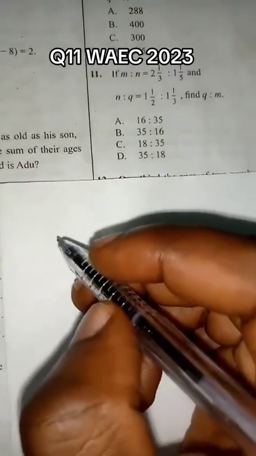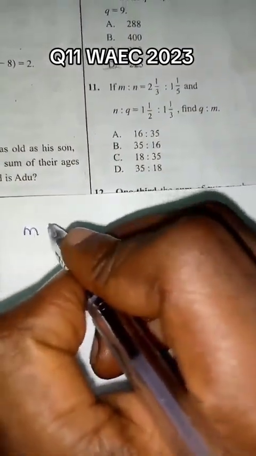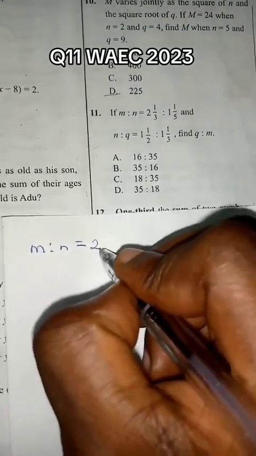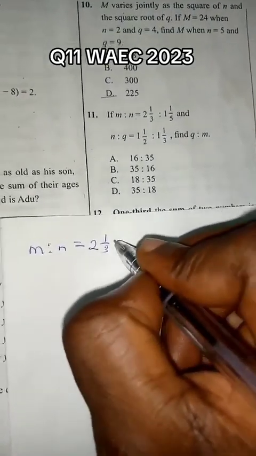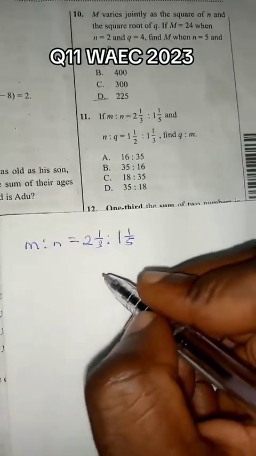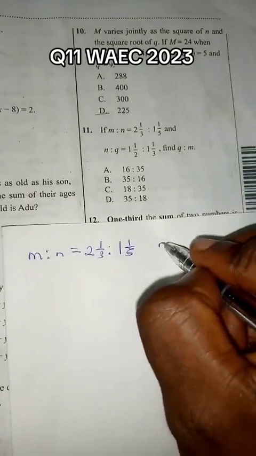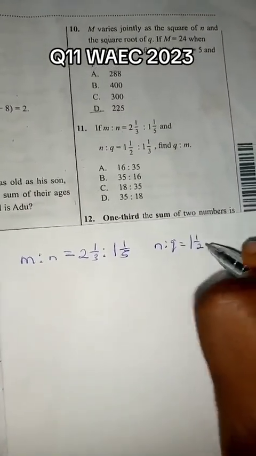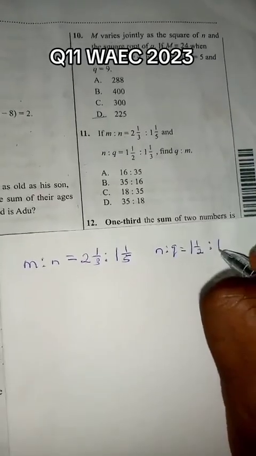the question. So we're told that m ratio n is equal to 2 whole number 1 over 3 ratio 1 whole number 1 over 5. And we're also told that n ratio q equals 1 whole number 1 over 2 ratio 1 whole number 1